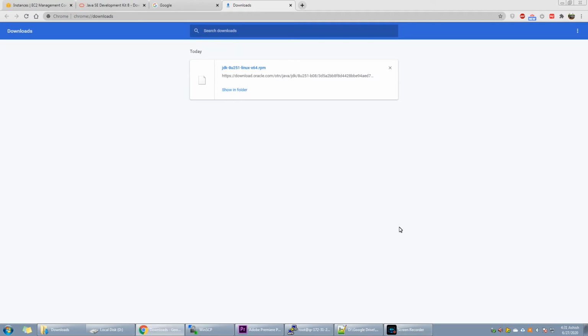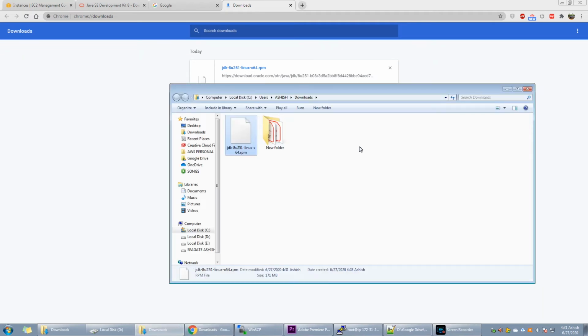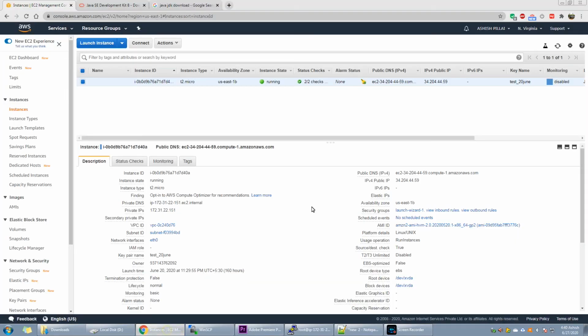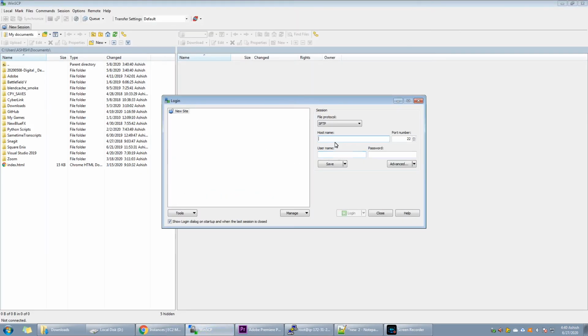After downloading the RPM file, let's bring this file to our instance. We can use WinSCP to copy this file to our instance. We need to select the private key for authentication.